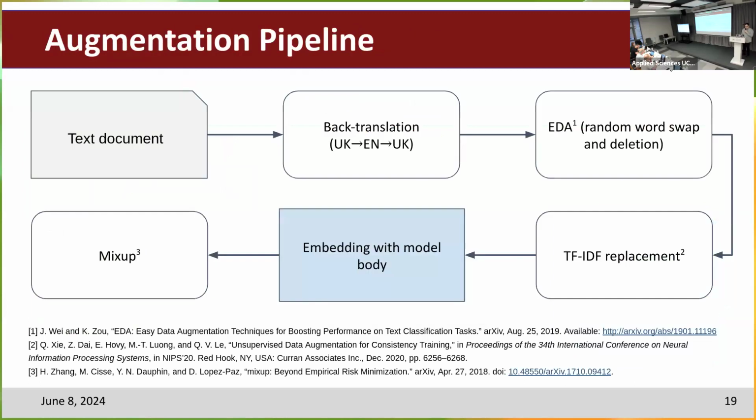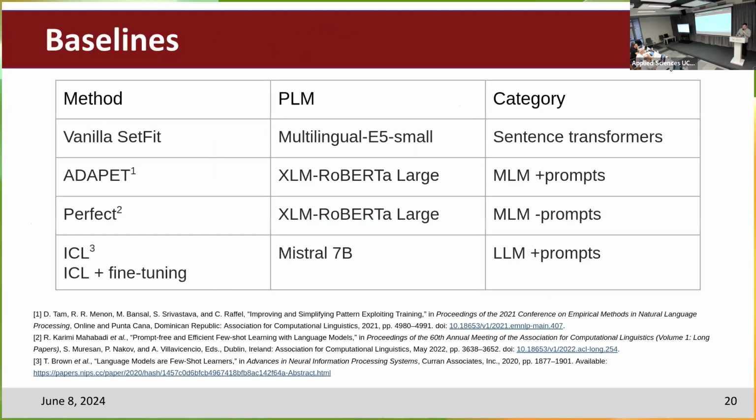Our augmentation pipeline consists of several steps, namely back translation from Ukrainian to English and back to Ukrainian, random word swap and deletion, TF-IDF replacement. Then the texts are embedded, and over embeddings mixup augmentation is applied, which proportionally mixes text vectors and their respective labels. For the baselines, we chose, well, obviously vanilla SetFit,